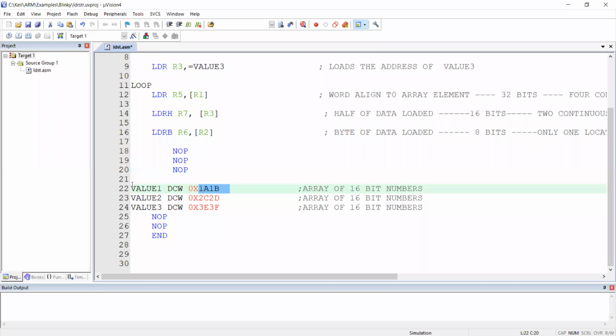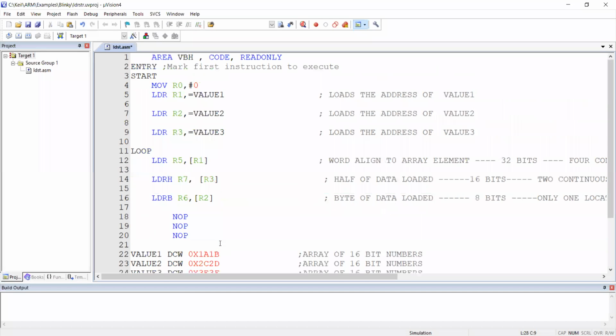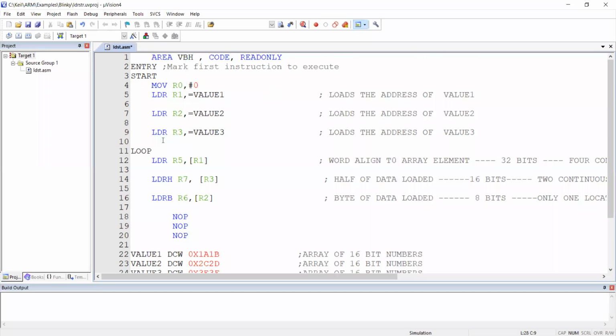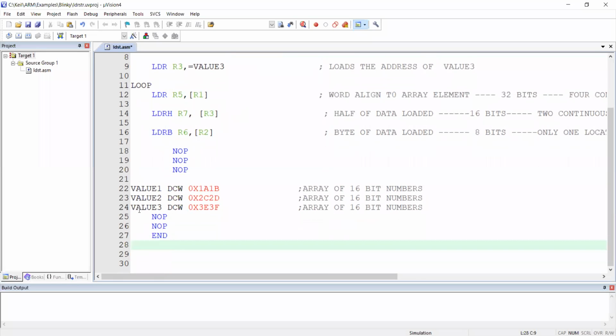The variable name is here. So generally what we do in a C program, we will write hash main, immediately we write int a equal to 10, b equal to 20, c equal to 30, like that. But here it's a different pattern. First we have to write all the code, then we have to write the variables. How many variables did I take here? Can you go on answering in the chat box? So I took three variables. What are the names of the variables? Value 1, value 2, value 3.